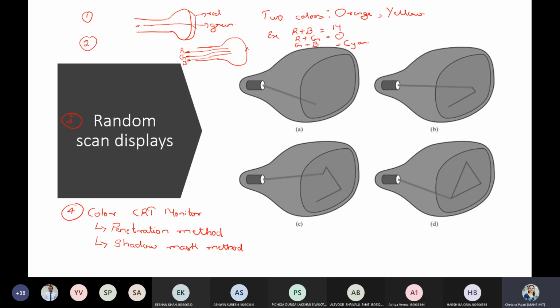Sorry, random scan. Then solid pattern is tough to fill in case of a random scan. Solid pattern in the sense, say for example, I want to draw this box. Okay, so solid pattern is just like you're going to highlight the edges. So this is a solid pattern. So if you want to draw something like this with a solid pattern, so that is